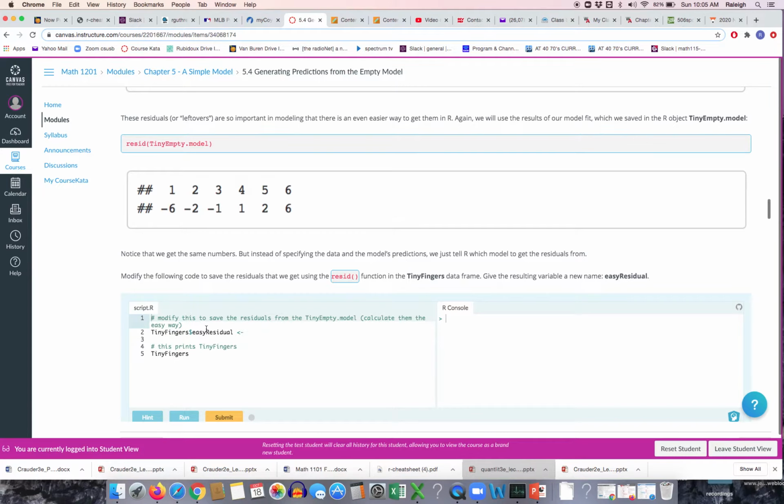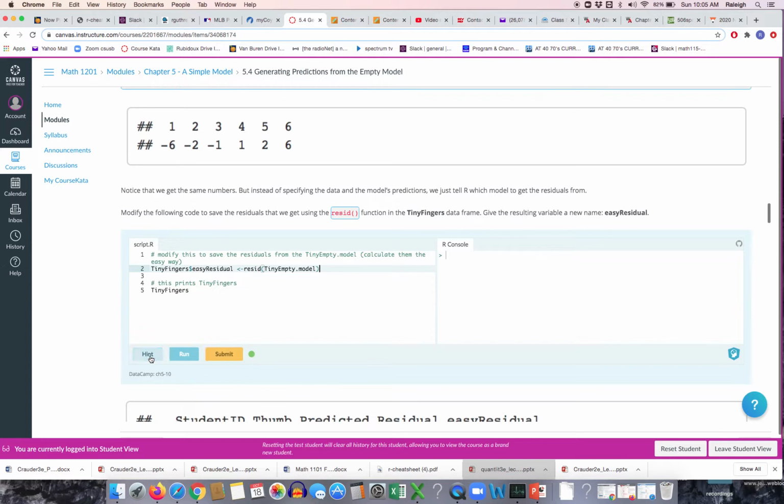You don't have to set up any subtraction. They'll just do it for you, which is nice, and it's important enough that that does make some sense. So once again, I'm just going to copy and paste, because they've pretty much given us the outline here. We just put it into the residual command, paste it there, and of course we print it out with tiny